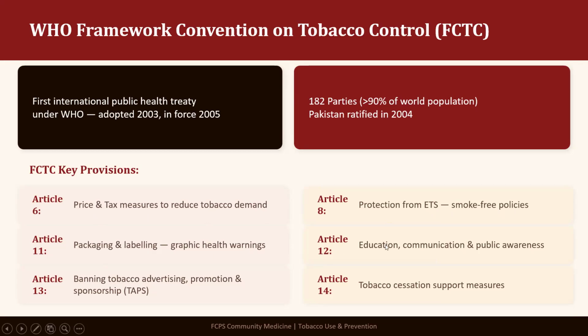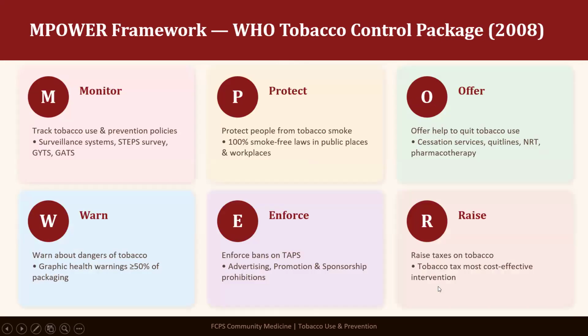Article 12, education, communication, and public awareness. Article 13, banning tobacco advertisement, promotion, and sponsorship. Article 14, tobacco cessation support measures. Next is the MPOWER framework, the WHO Tobacco Control Program's Tobacco Control Package,